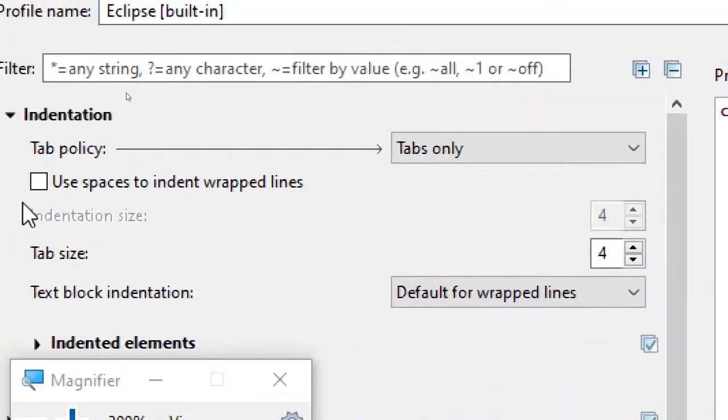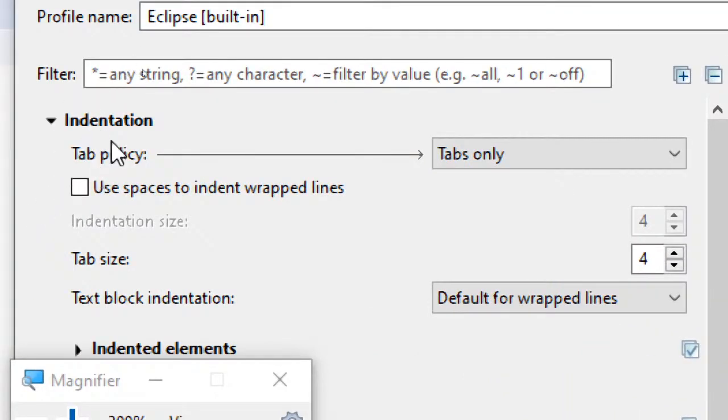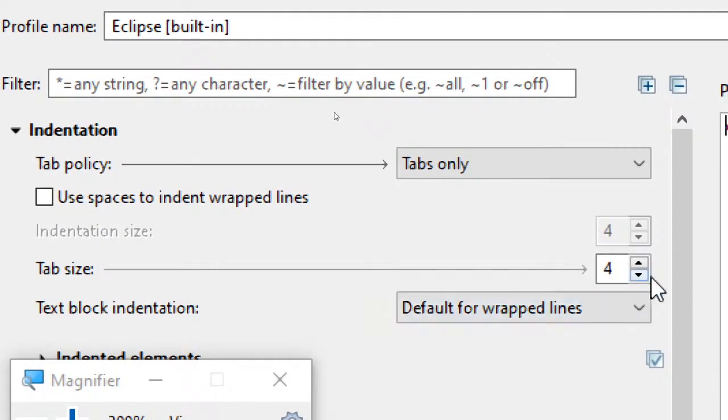So here in the Edit, you can see Indentation. Under Indentation you can see the tab size, which is set by default. I'm just saying, in case your project manager or the client asks you to go for 6 spaces as the indentation, this is how you can do it. You click on Window in the Eclipse menu, then go to Preferences, expand Java, click on Code Style, then Formatter, and then click on Edit.